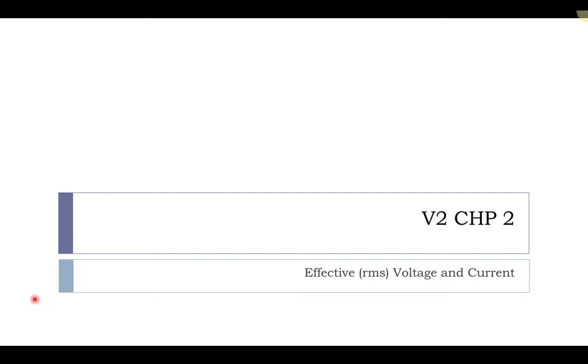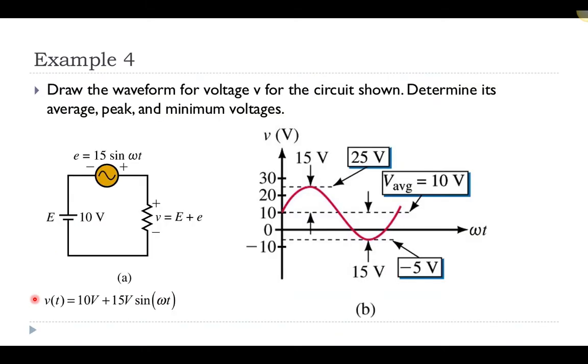In this presentation, we consider how you can compare DC values to AC values. Before we do that though, I wanted to point out that it's possible to combine a DC voltage along with an AC voltage in a circuit, and in this case they're connected in series and connected to a resistor. So Ohm's law is still satisfied, and the voltage across this resistor would just be the current times the resistance, and the voltage is equivalent to the combination of these two voltage supplies, because Kirchhoff's voltage law